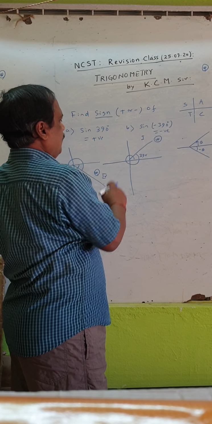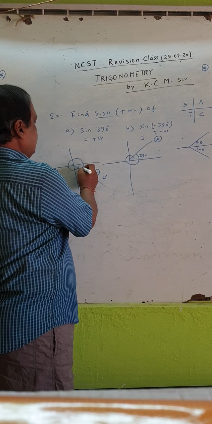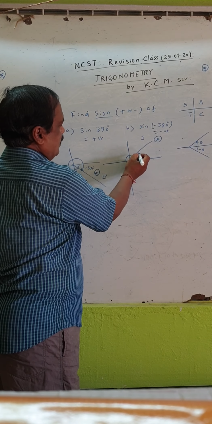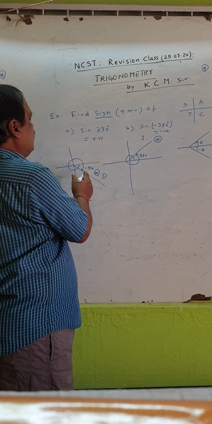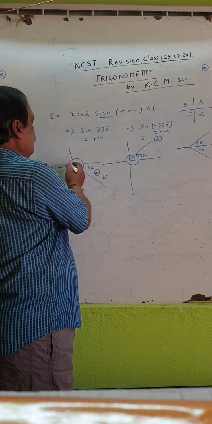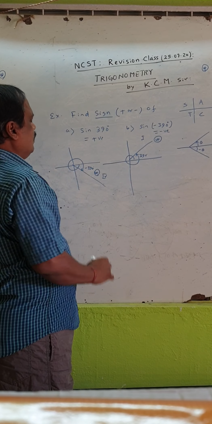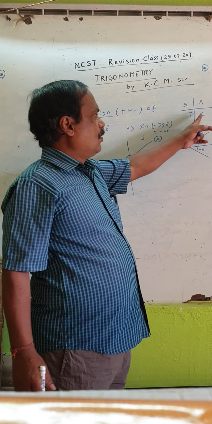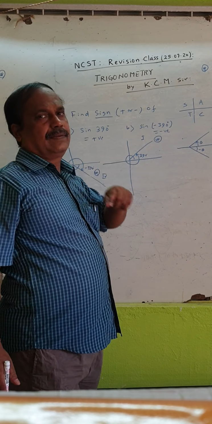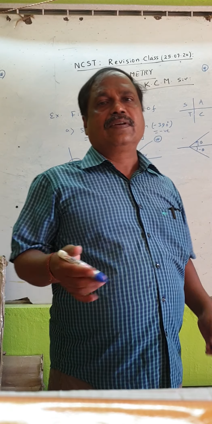Again this one, this is minus 390. The arrow goes in this direction. Minus 390 falls in fourth quadrant, starting from here up to minus 360 and 30. So in fourth quadrant, cos is positive, sine is negative. So therefore this is negative. Here, let us take very bigger angles.